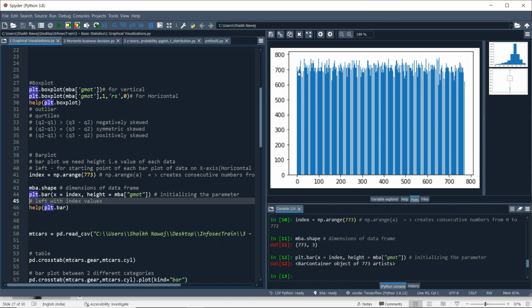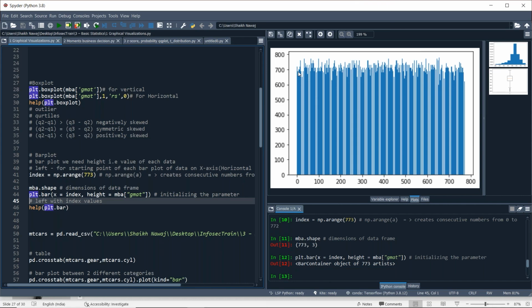The reason for plotting this bar plot here is to see whether our data points are continuous or not. In some interviews, the interviewer may ask when to plot a bar plot and when to plot a histogram. We plot a histogram when the data is continuous. We plot a bar plot when our data is discrete.